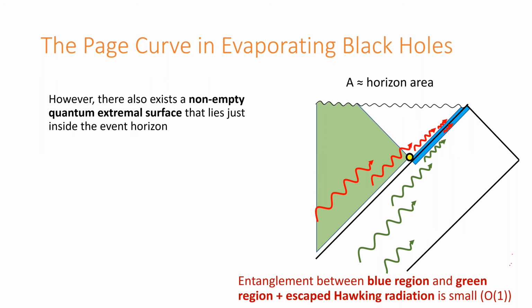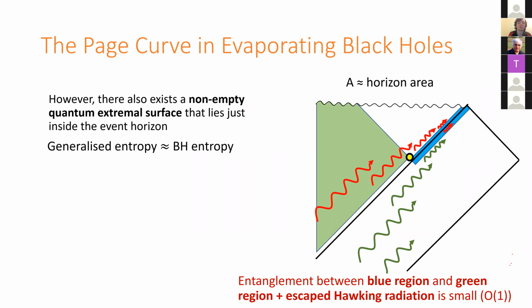What about the entanglement entropy of this surface, S bulk? Well, the huge amount of entanglement is between these green modes here and their interior partners down here. And those are now on the same side of the surface in yellow, right? They're both in green. And so they don't contribute to the entanglement entropy. The entanglement entropy is just the entanglement across this surface, and that ends up just being small. It's just some order 1 subleading correction. So at leading order, the generalized entropy of this surface is just the Bekenstein-Hawking entropy